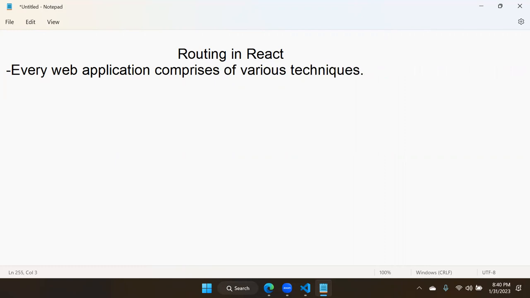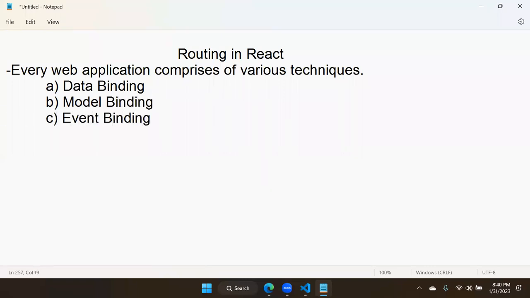Some techniques you already learned. What are those techniques? You learned data binding as a technique. We have model binding as a technique. We have event binding as a technique. Style binding is a technique. And class binding is a technique. These are all different techniques. We have